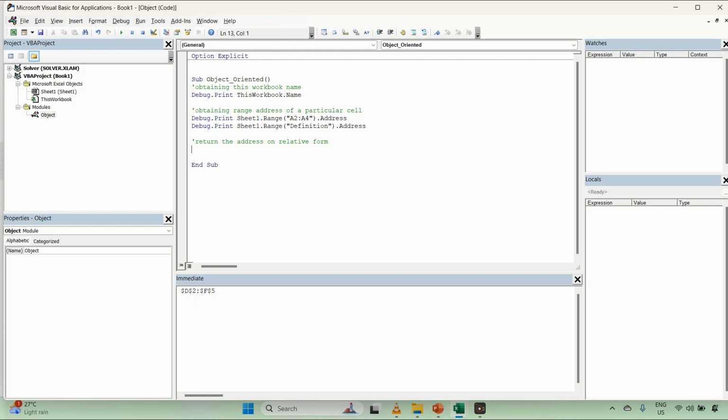I'm just going to say Debug.Print Sheet1.Range A2 to A4 .Address. We have this exact same thing as we wrote above. Now 0, 0. And then once again, I don't want to be stepping into every line of the code, so